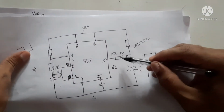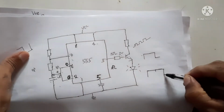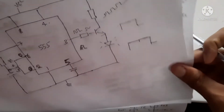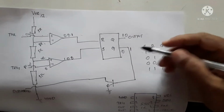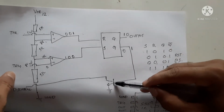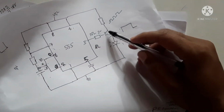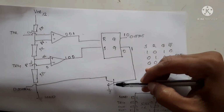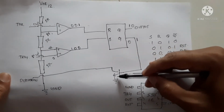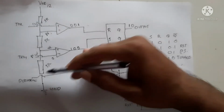this transistor will be turned off. That means now the output becomes 0, this transistor will be turned off. Now when it becomes 0, it becomes 1. When it becomes 1, this transistor, inside it there is a transistor. This transistor is outside, we are creating a circuit. This is integrated inside the IC. This transistor becomes on and acts as a short circuit, and this pin, this 7th pin, the discharge pin,